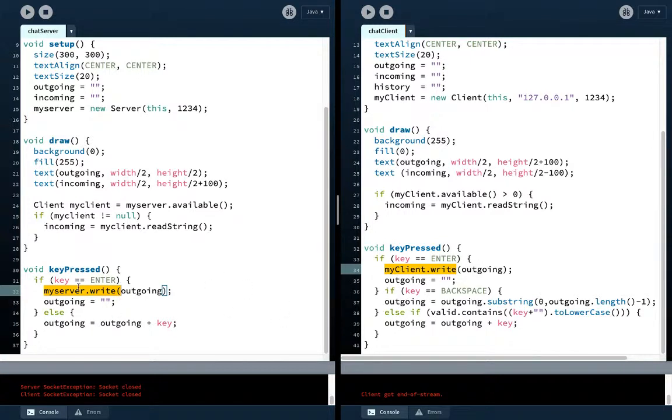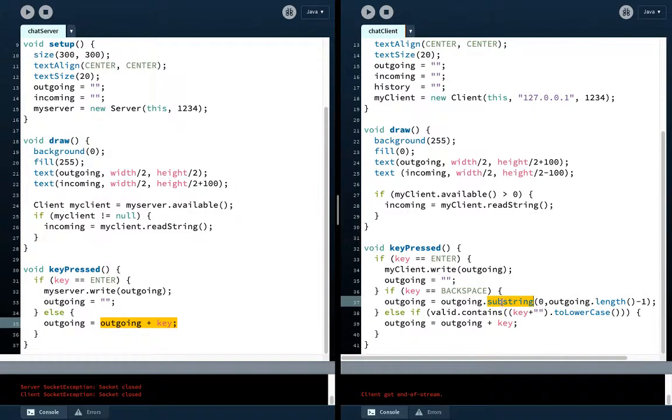It turns out that backspace is a key that gets added to the string. So if you type backspace, it doesn't delete anything. It adds a backspace character to our string, which looks like a little box when we actually are running the program, which is kind of boring. So I added in, if it's a backspace key, I did some string math, which we'll learn more about as we go forward. But basically, we're using substring to chop off the last